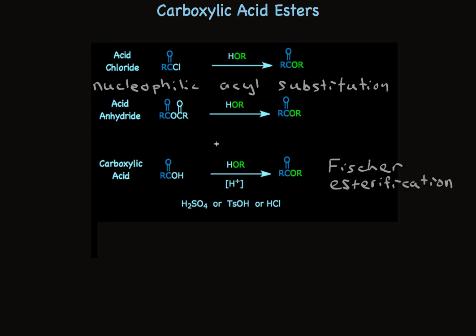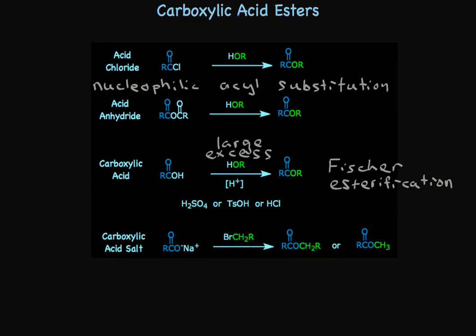This is an equilibrium reaction. Every step in the mechanism is reversible. The product is favored because you use a large excess of the alcohol, which pushes the equilibrium way to the right. And finally, there's an SN2 reaction that sometimes is used to make esters, where the carboxylate is the nucleophile,